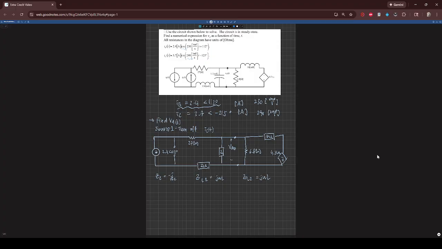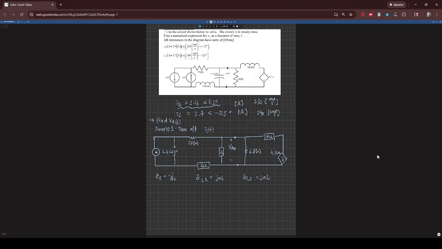And notice how both of them have different frequencies. That means we need to solve this problem using superposition. So for superposition, you basically turn off one source and then solve for your desired variable. So as you can see right here, we turn off IC first, and so what we need to